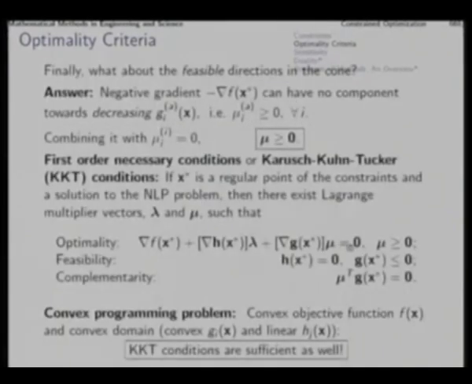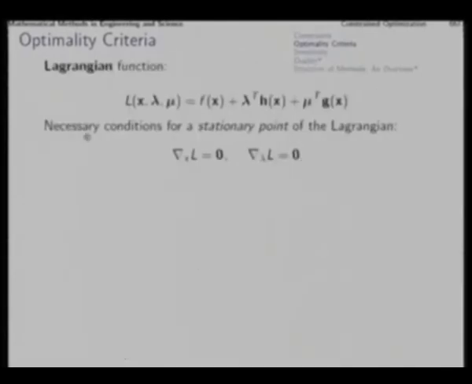So, gradient of the Lagrangian equal to 0 is the optimality condition. The necessary condition for a stationary point of the Lagrangian would also be the same, that is this, and the derivative with respect to lambda will be given like this, which is nothing but h(x) equal to 0. That is the feasibility condition, the equality constraint itself. Now,